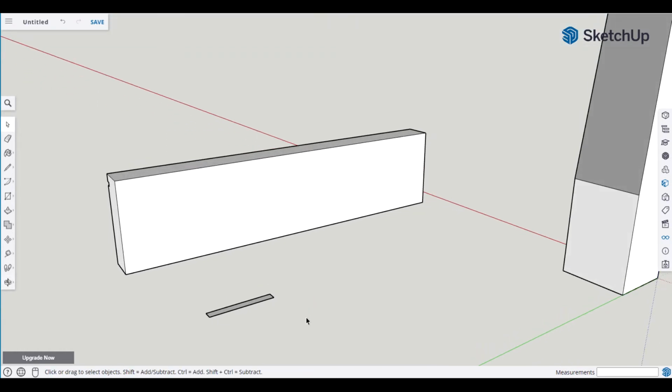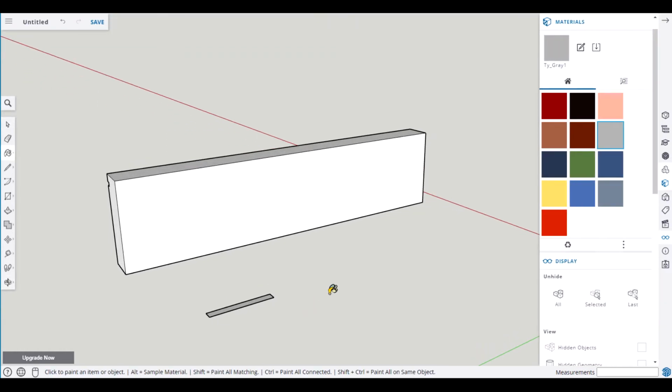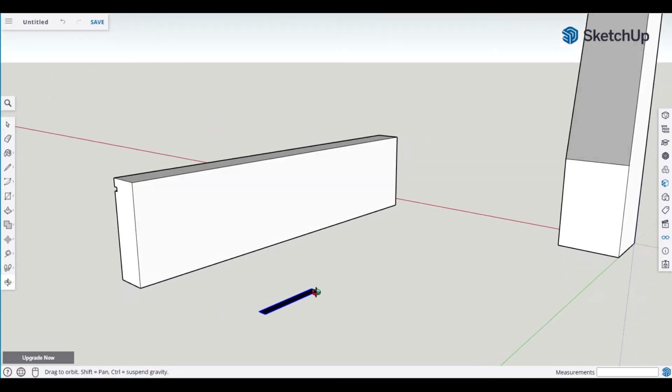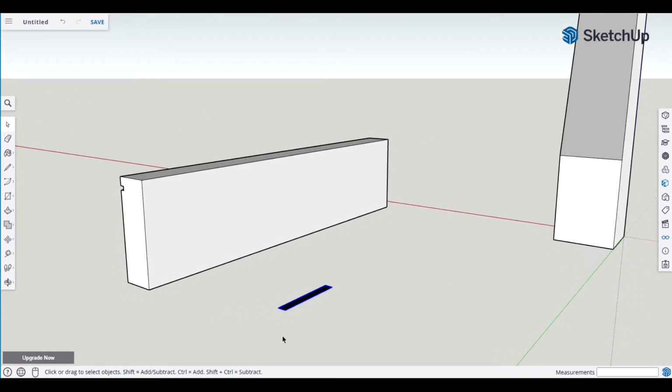Next we want to fill that in black. We're going to hit B to get the fill tool. I'm going to select black and click this. Now it's black. Space bar, and click that arrow on the top right. Next, we're going to rotate this first before we make it into a component. Hit Q,